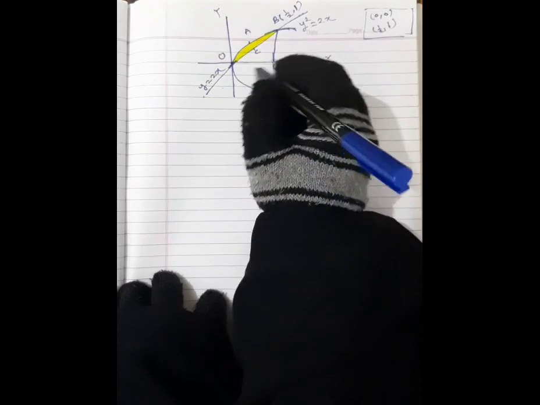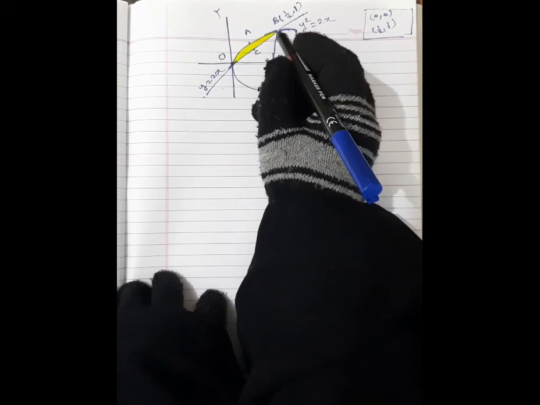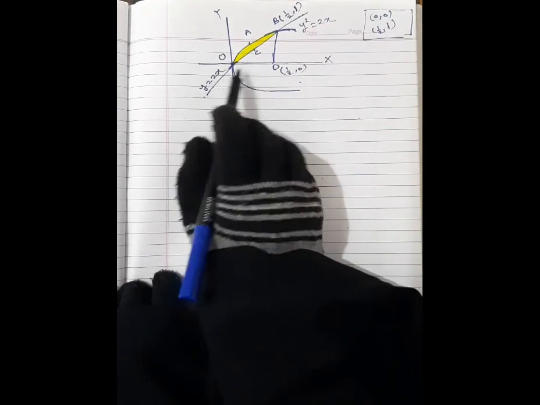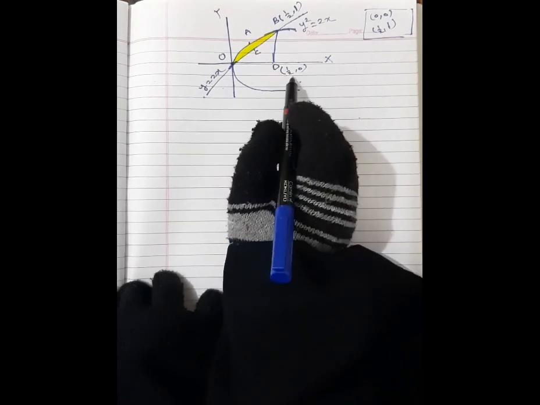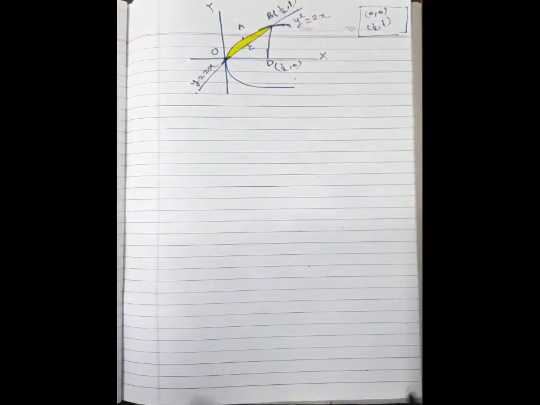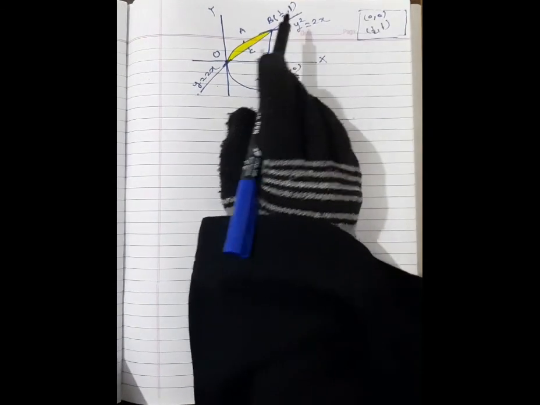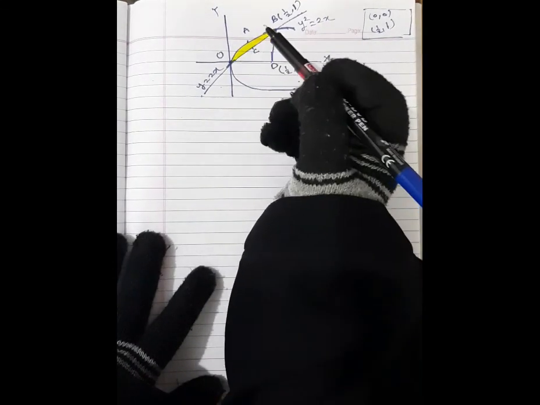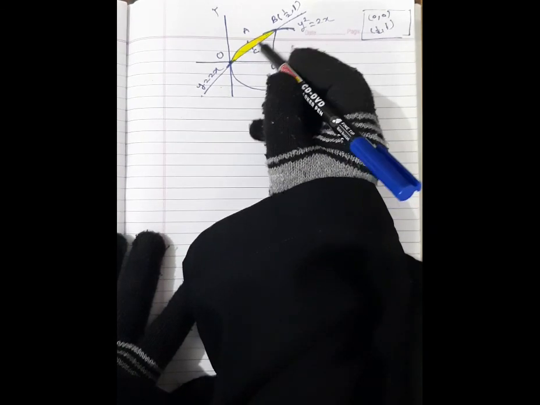So here our parabola and line intersect at these 2 points, 0, 0 and 1 by 2, 1. So this is our point D, which is on the x-axis. This point is 1 by 2 and the y coordinate will be 0. Now here students, we will find the area between the parabola and line. So here the parabola and line, what is the intersection point? This is our intersection area, the bounded region.